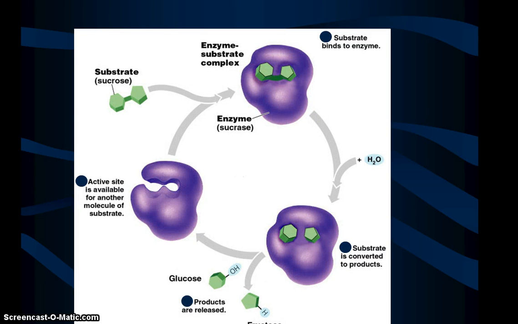This shows you a real-life example of enzymes. So this big purple thing here is an enzyme, and notice that it has a particular shape. And then this here is sucrose. It's a type of sugar. And so if you were to eat this sugar in food, you need to break it down to digest it. But notice how this shape matches the shape of these enzymes. So it'll match up, and because it matches up, the enzyme will cause a reaction and break apart that sugar.